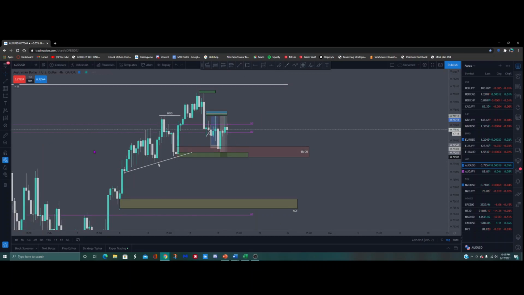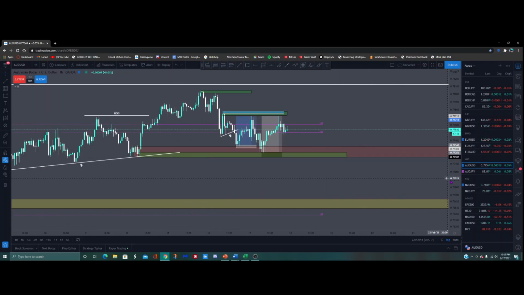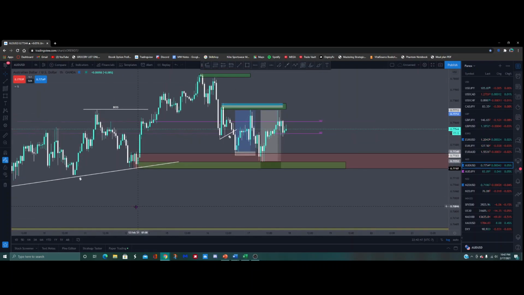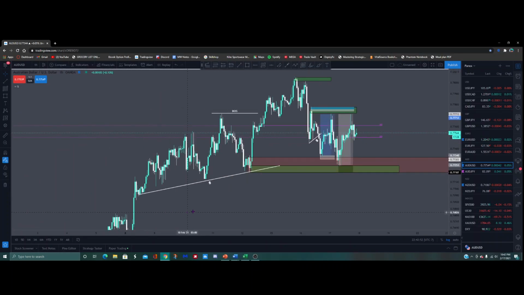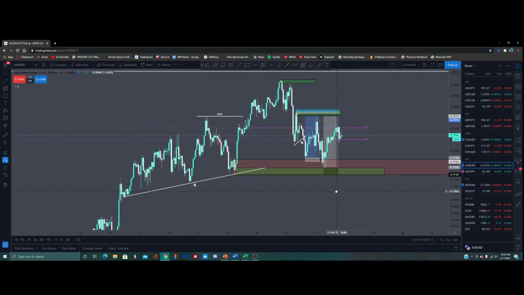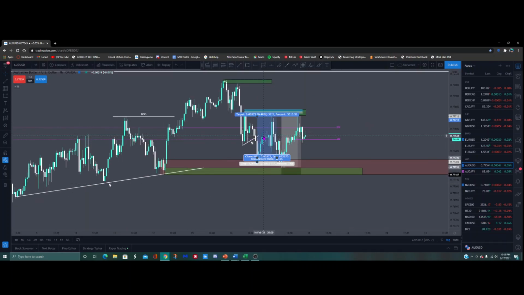So if we switch back over to the 1-hour chart, what I was looking at is right now, this was our previous high. So when we had this momentum move right here that broke this structural high, we can expect that if price starts trading back down into this 1-hour order block that lines up with the 4-hour order block, the market's probably going to tap into it and we're going to see quite a bit of momentum away. For this trade the other day, I guess this was yesterday,